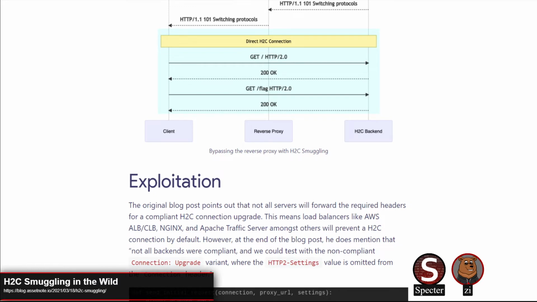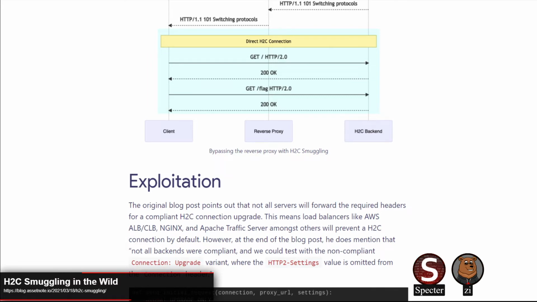Yeah, and just as a kind of summary statement there, they did find Cloudflare was vulnerable if you had a bad server. So was Azure. Google Cloud Platform would strip that HTTP2 settings header, so there was no way to upgrade. And Bishop Fox, when they did the original report on this, had tested with AWS, the load balancer there, which by default would not forward the upgrade or connection headers, so it was secure by default but could be configured insecurely. Just kind of a summary of where all of this impacts.